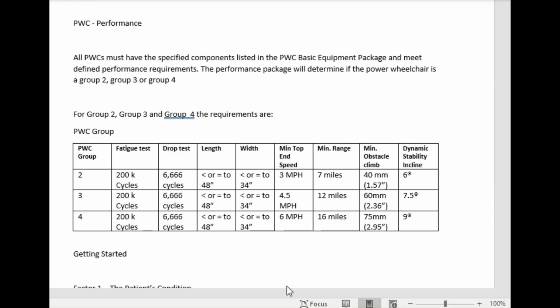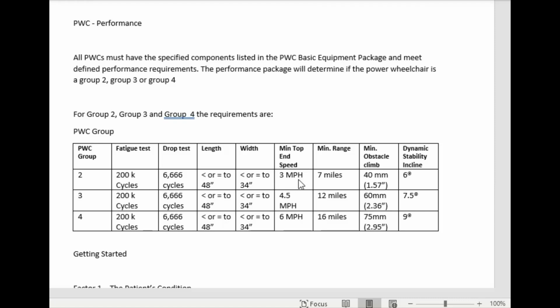So you see over here, power wheelchair base 2, 3, and 4 going across. Fatigue test and drop test seem the same. The length is also the same. Width can all be the same. So fatigue test, drop, length, width are more or less the same, in terms of it all fits the same category. But minimum top end speed